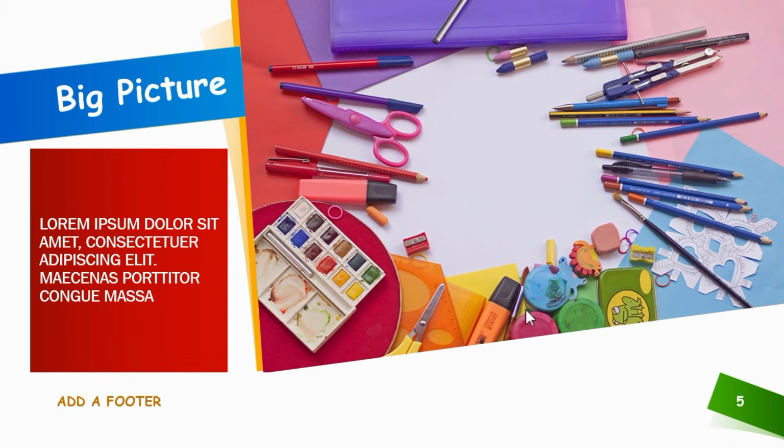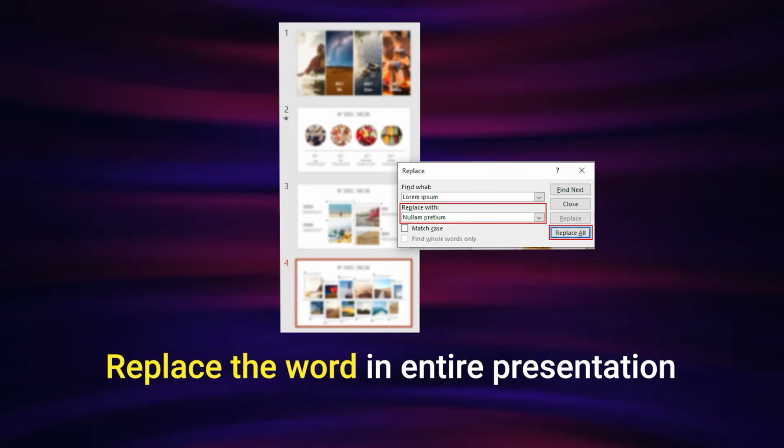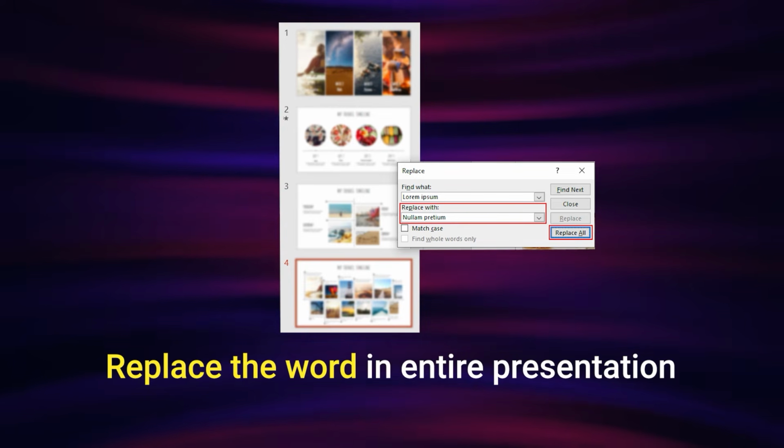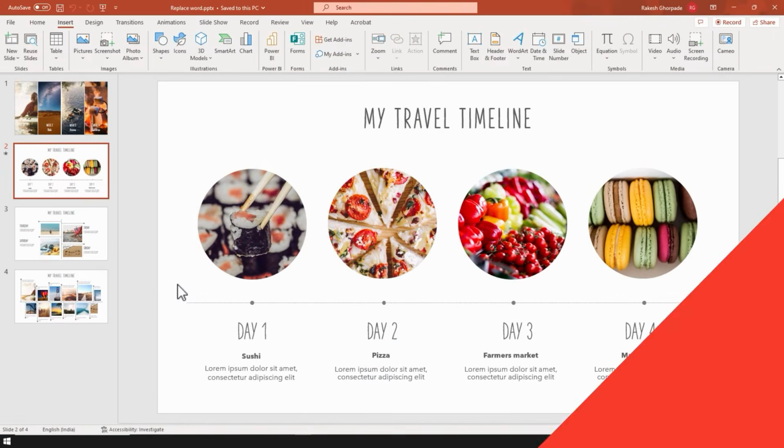The fade transition with the smoothly effect will be applied to the selected slide. Replace the word in the entire presentation. Press Ctrl